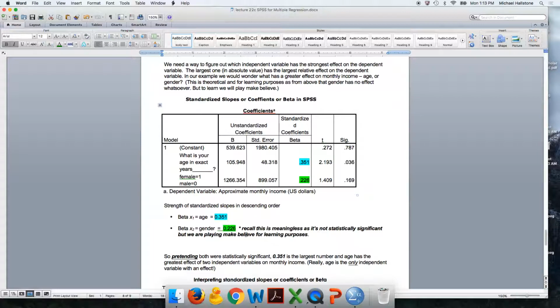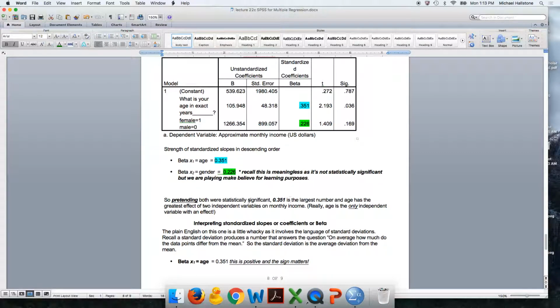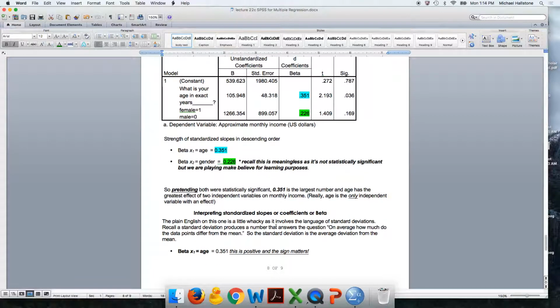Okay, so basically you would put them in order. Okay, 0.351 is a bigger number than 0.226. Okay, so we'd say in this case, pretending they're both statistically significant, age has the greatest effect of the two independent variables on income. Again, really remember, age is the only one with an effect. Okay,